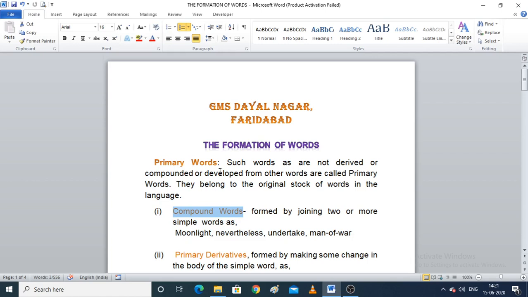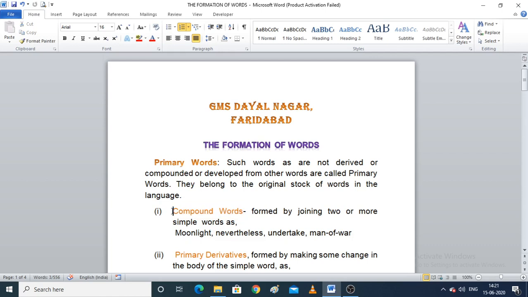Primary words are such words that are not derived or developed from any other word, and you can say primary words are words that are not derived from any other word. They are the parent words. Okay,